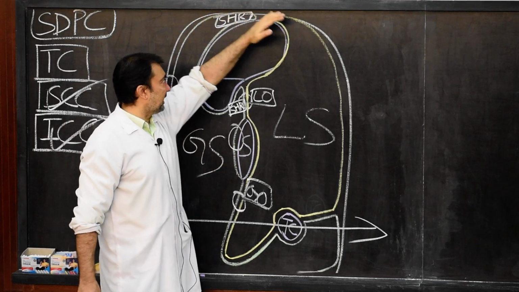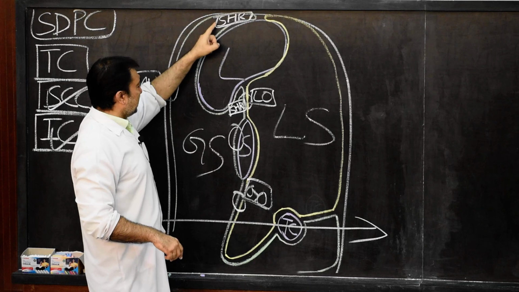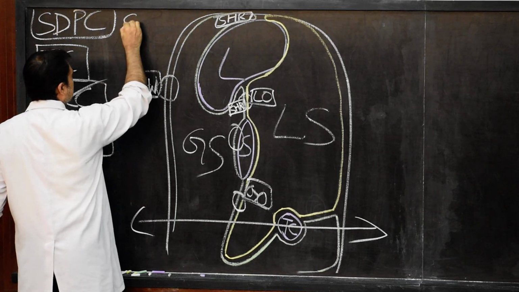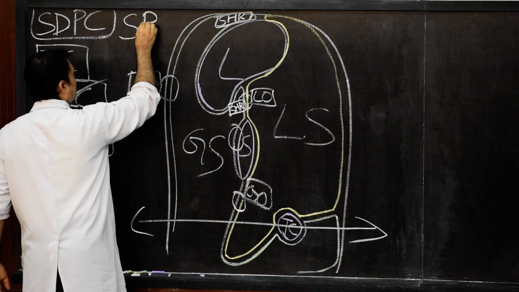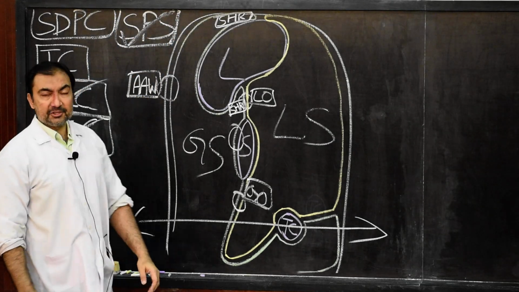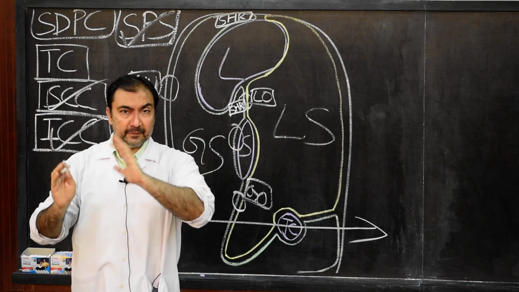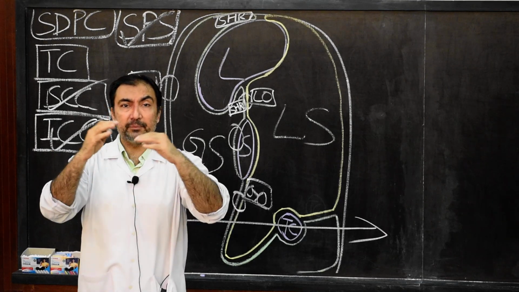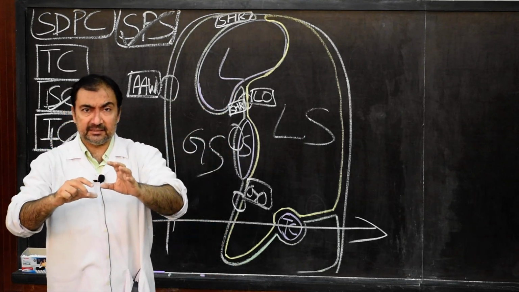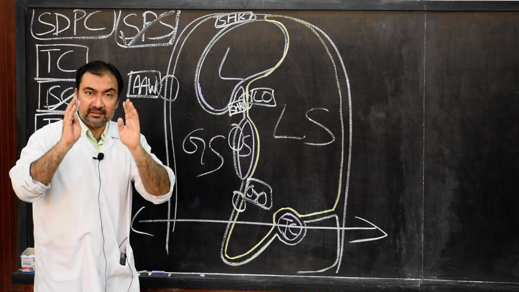So above this structure where my hand is, there will be the diaphragm. All of these recesses, whether suprahepatic or subhepatic, are lying below the diaphragm, so a common terminology has been given to them: the subphrenic spaces. Sometimes a short note is asked: write a short note on the gross anatomy of subphrenic spaces. Subphrenic spaces are nothing but the supracolic compartment of the peritoneal cavity which has suprahepatic and subhepatic recesses. Since these recesses are situated below the diaphragm, they are known as subphrenic spaces.